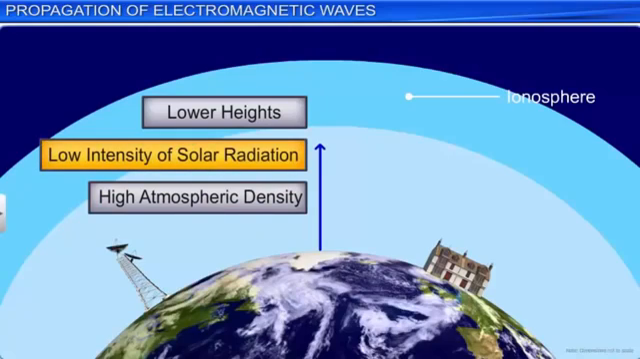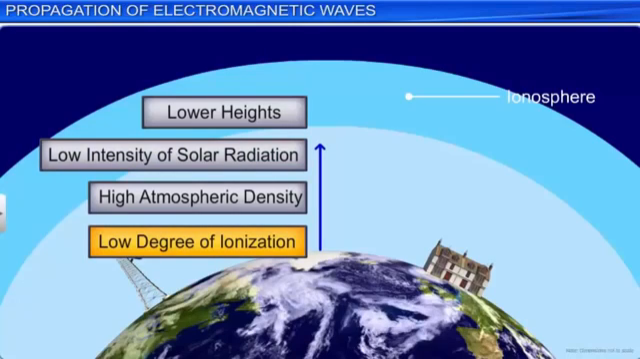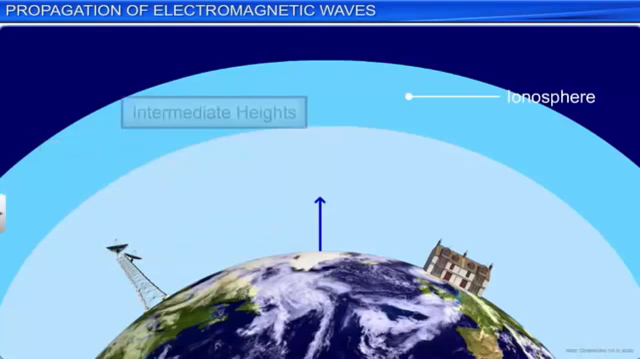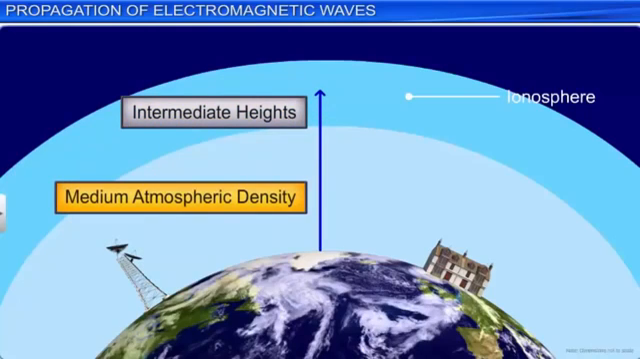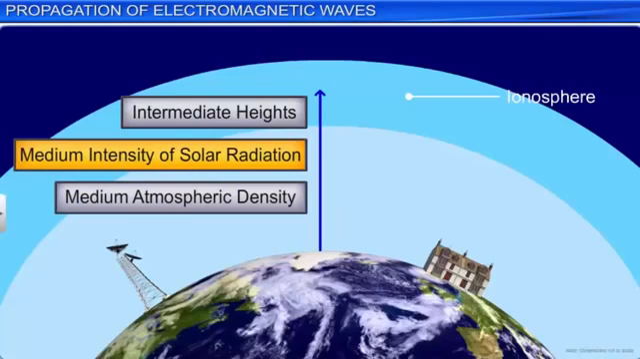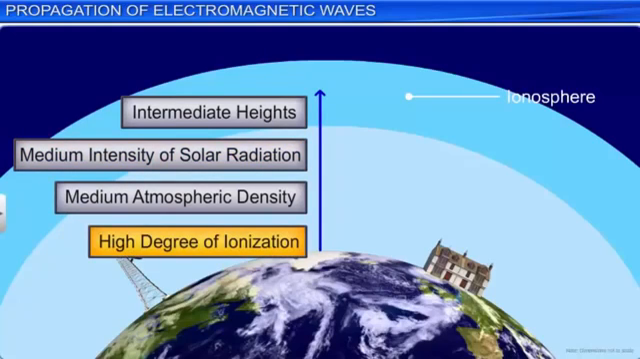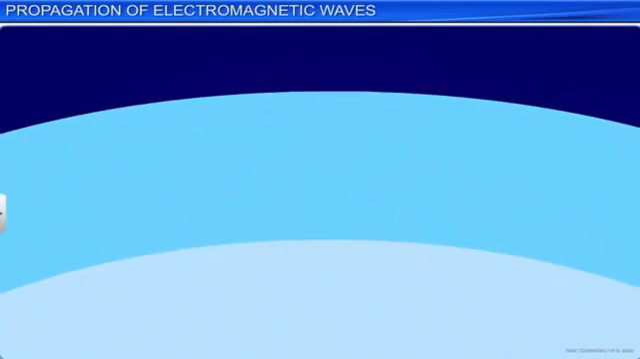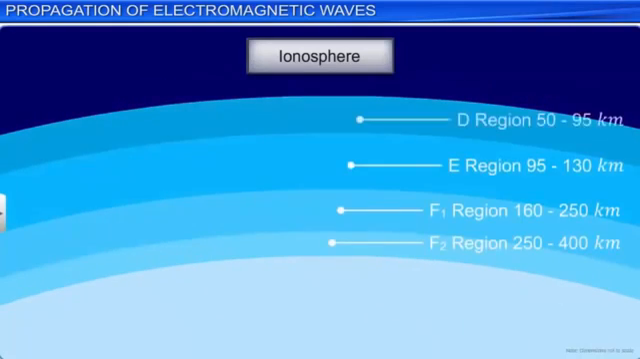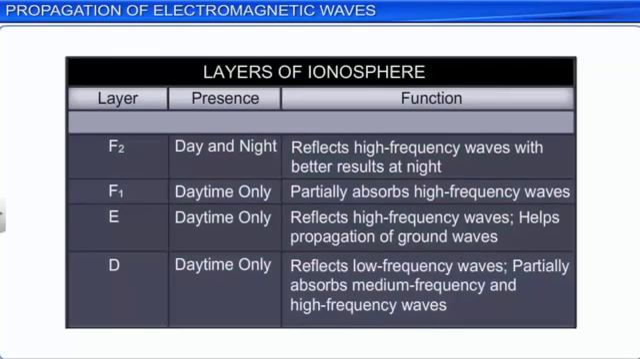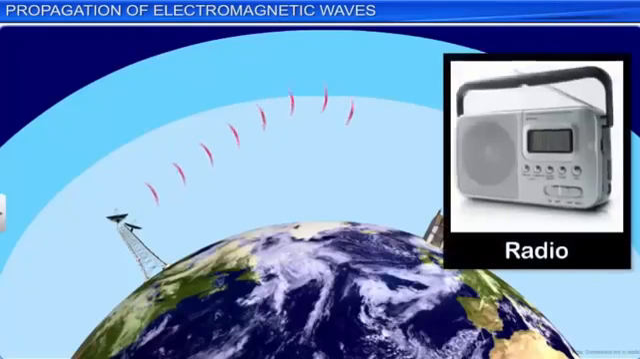However, at some intermediate heights, the density of atmosphere and the intensity of solar radiation are comparable to have a high degree of ionization. Depending on the level of ionization, the ionosphere is divided into 4 layers, as shown. Different layers of the ionosphere help in the propagation of sky waves of different ranges of frequencies, as shown in the table. Short-wave radio broadcast signals